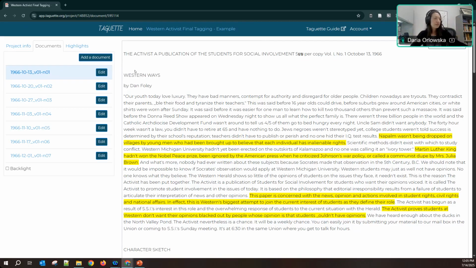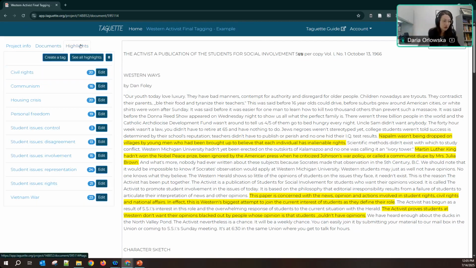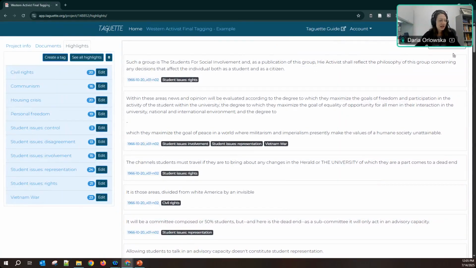Okay. The second option for exporting things is exporting only codes. The way we do that is we can go into highlights and see all highlights, and we can export this view as an Excel document, for example.